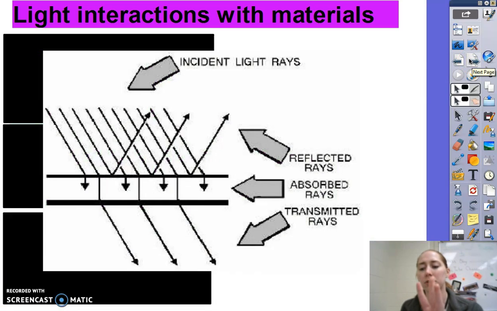Now, there are three things that can happen when light comes into contact with an object. Some of the incident light rays, meaning the incoming light rays, will be reflected or they'll bounce back. Some of the incoming light rays will be absorbed, and others will be passed through or transmitted. Now, how much of the light rays reflect, absorb, and transmit depends on what we classify that material